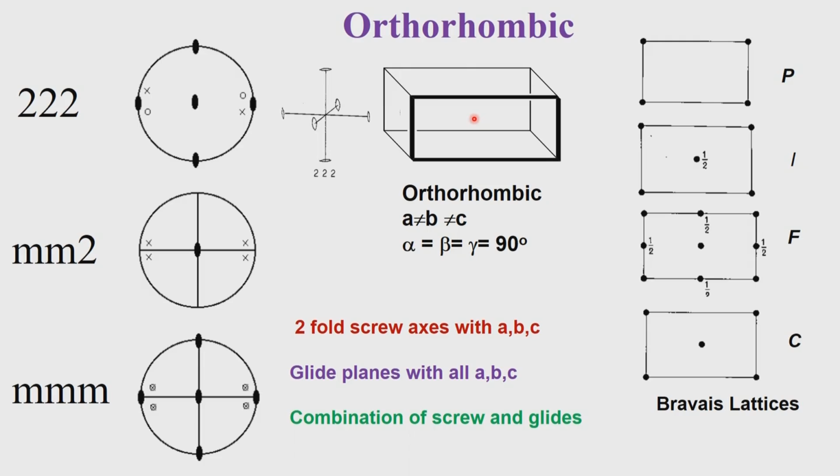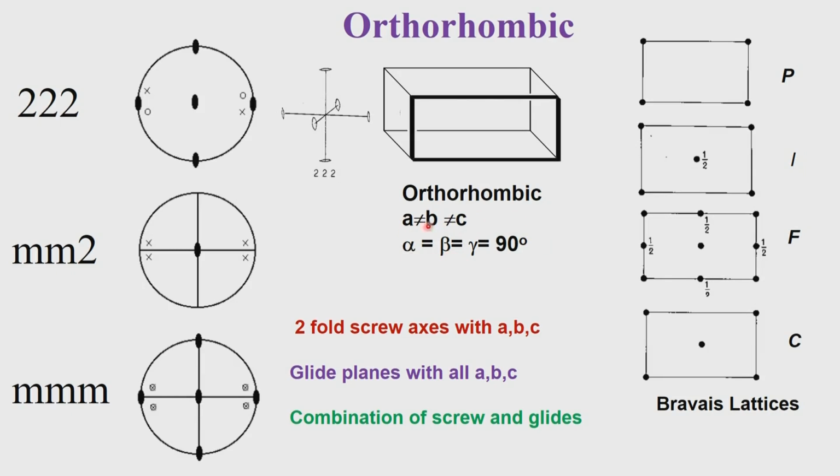Orthorhombic is more or less an extension of the monoclinic discussion we had so far to 3 dimensions. This is very straightforward, because in the monoclinic system we have a single 2-fold axis, whereas in the orthorhombic symmetry we have 3 2-fold axes intersecting at a point, and these 3 2-fold axes are at 90 degrees with respect to each other. Whenever there is a 2-fold axis, 2 of the angles should be 90 degrees. If there is another 2-fold axis perpendicular to the given 2-fold axis, the other 2 angles will be 90 degrees, the consequence of which is all 3 angles should be 90 degrees, and that is what happens here. Alpha, beta, gamma are equal to 90 degrees.